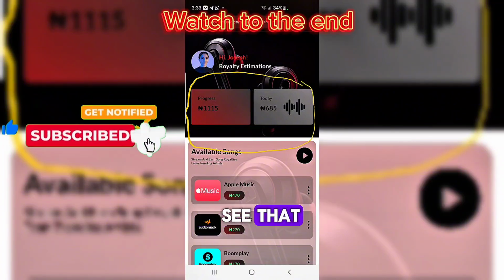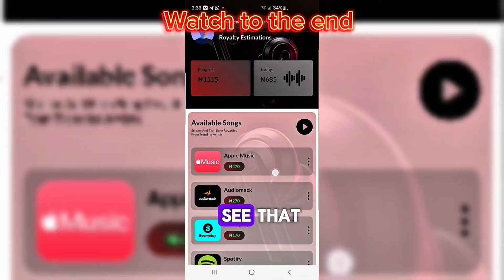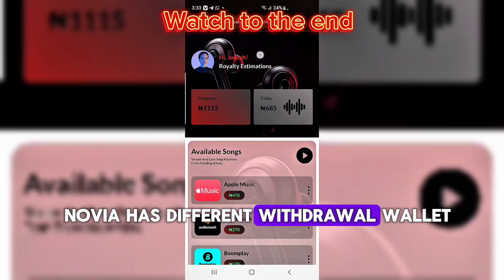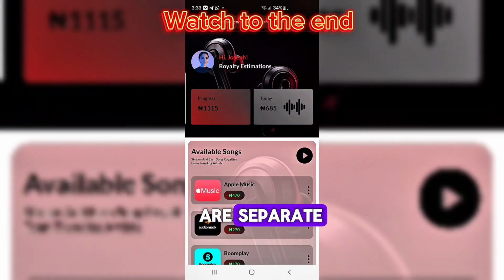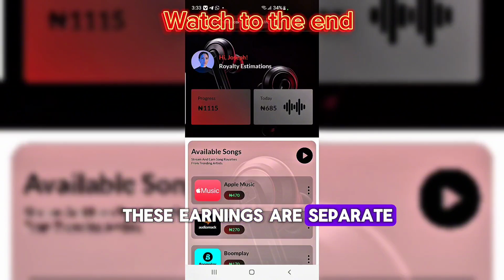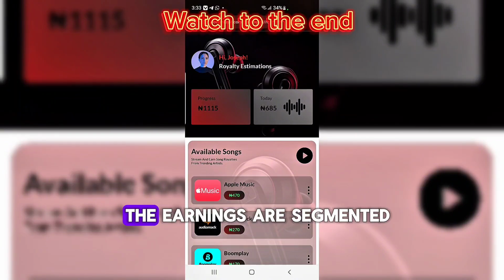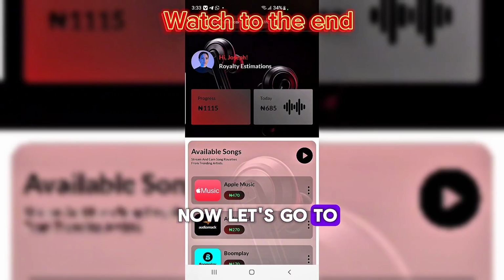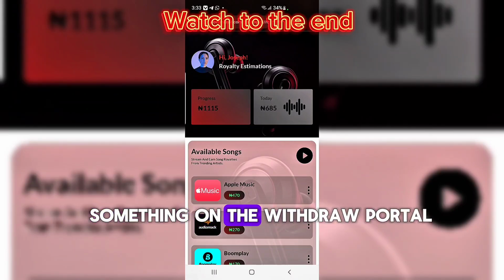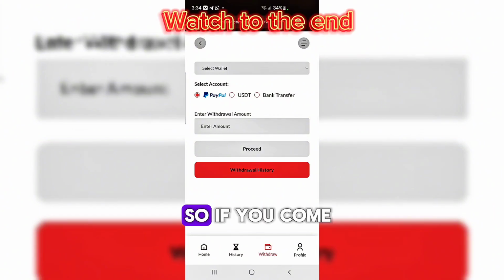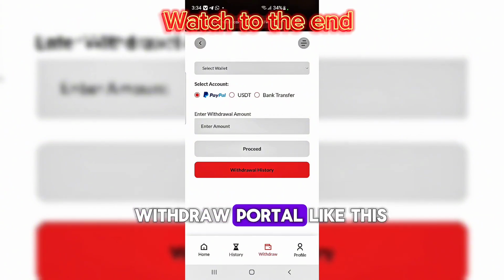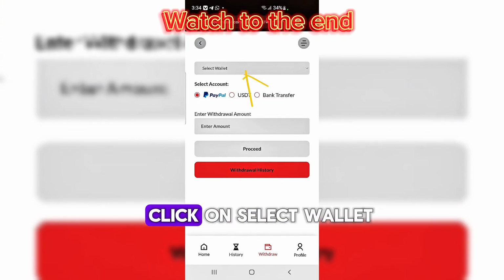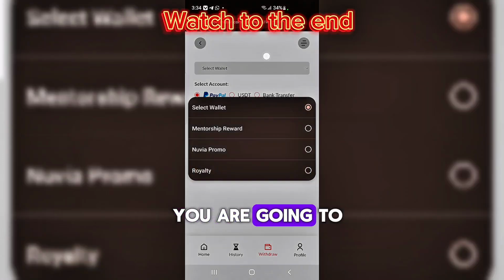That is why if you go to withdrawal, you are going to see that Nuvia has different withdrawal wallets, meaning that all earnings are separate. These earnings are separate, they are not together. The earnings are segmented. For example, now let's go to withdrawal portal. Let me show you something on the withdrawal portal. So if you come to withdrawal portal like this, this is the withdrawal portal. Then when you click on select wallet, you are going to see